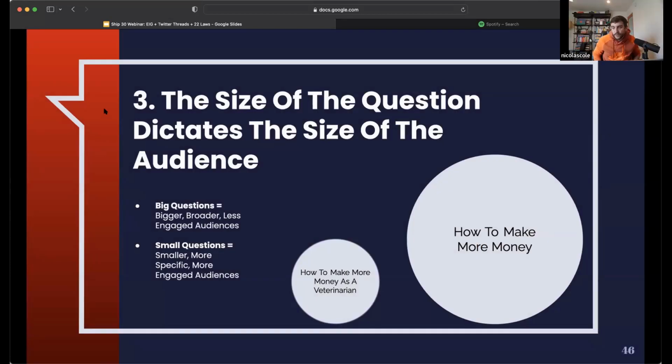Boom. This is the third one. It's a fun one, but it's a really interesting way of thinking. Another one of our favorite principles is that the size of the question dictates the size of the audience. So what this means is most people sit down to write. They go, I want to write about X. And then the second question they ask themselves is, well, now how do I get 1 million people to read